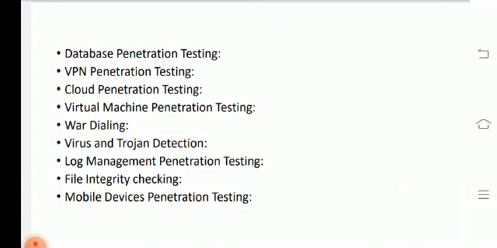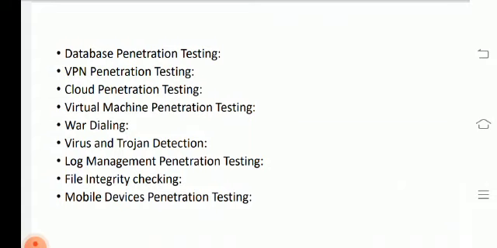Next is file integrity checking. Okay, checking the integrity of a file is the best way to tell whether it is corrupted or not. Okay, it involves checking the following things like file size, version, when it was created, when it was modified. Okay, and the login name of any user who modified the file. Okay, and its attributes like, for example, read only, hidden, system, etc. Okay, so this is the file integrity checking.